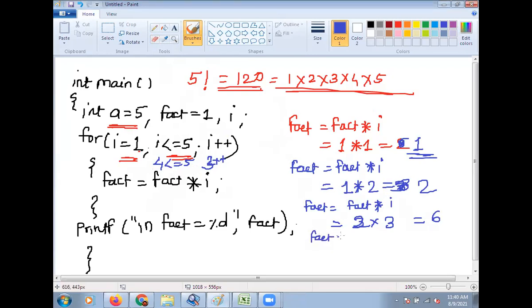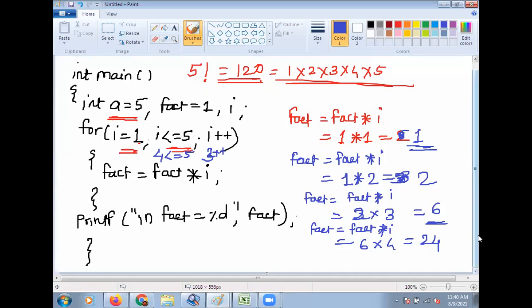So the initial value of fact is 6. So 6 into 4, it will be 24. Then increment value of I, that is here 4 plus plus, it will become 5.